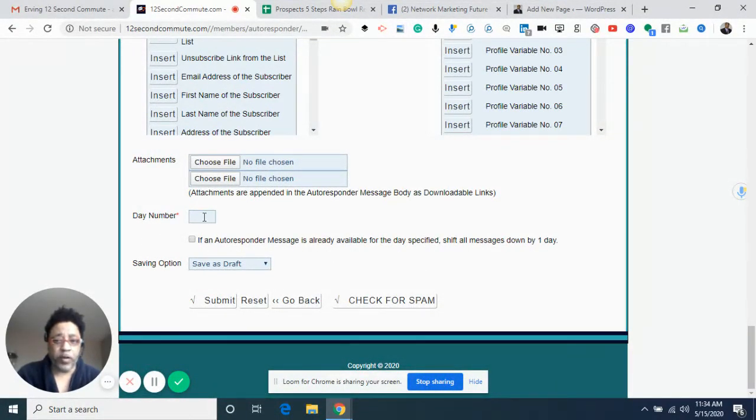So if you want to go right away, you just put 0. If you put 1, it'd be the day after they join up. If you put 2, it'll be 2 days after they join. I always click this one because it says if the autoresponder message is already available for the day, shift